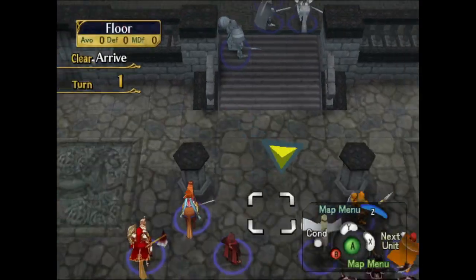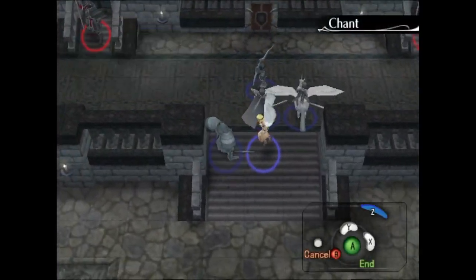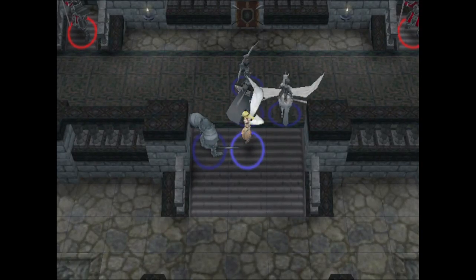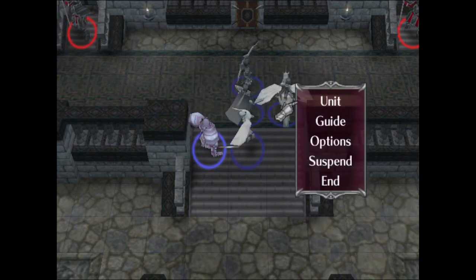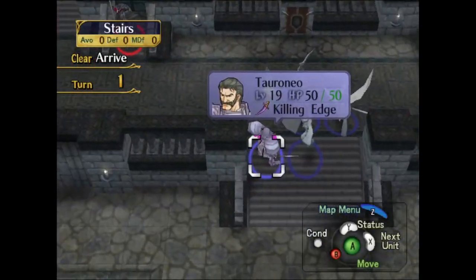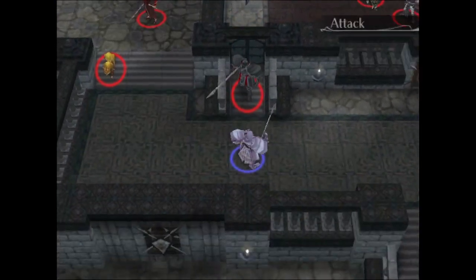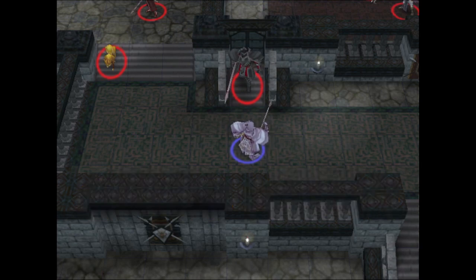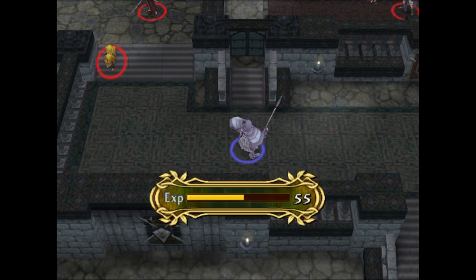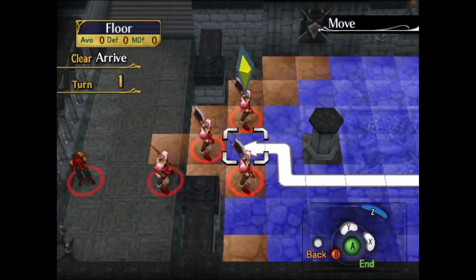Geronio, you can go here. I'm going to chant for you. And then I am going to move him up as far as I possibly can. Throw the good old wish list. Nice, nice, Geronio, nice. KO is appreciated because I need to get rid of all of the units I possibly